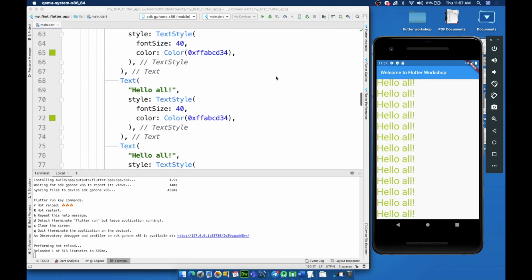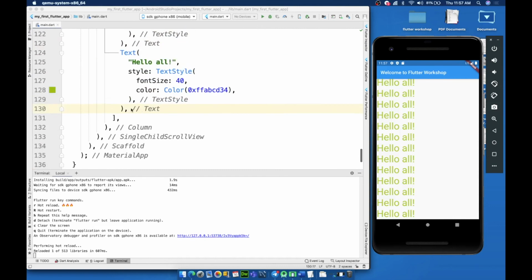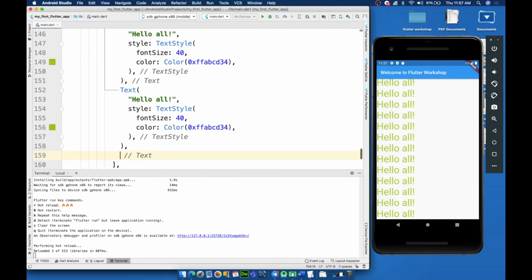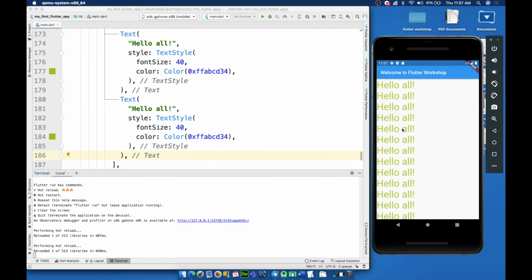Others, did you try that? Done. Okay. Hamdan? Yeah, almost done, bro. Okay. You should get something like this. Tell me if you get something like this. You should be able to scroll it vertically.